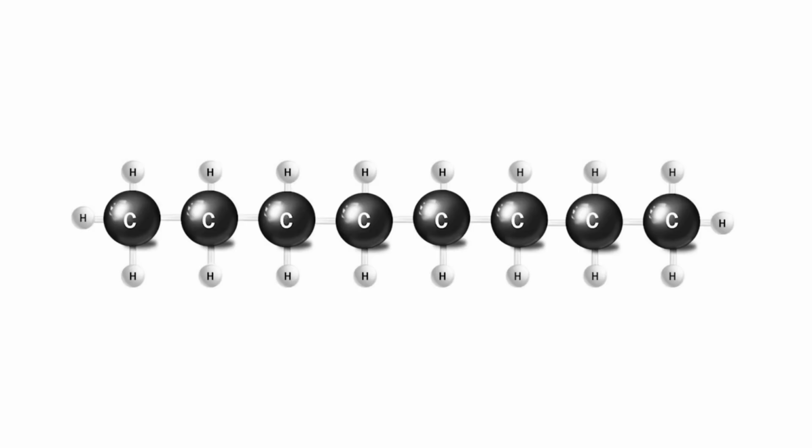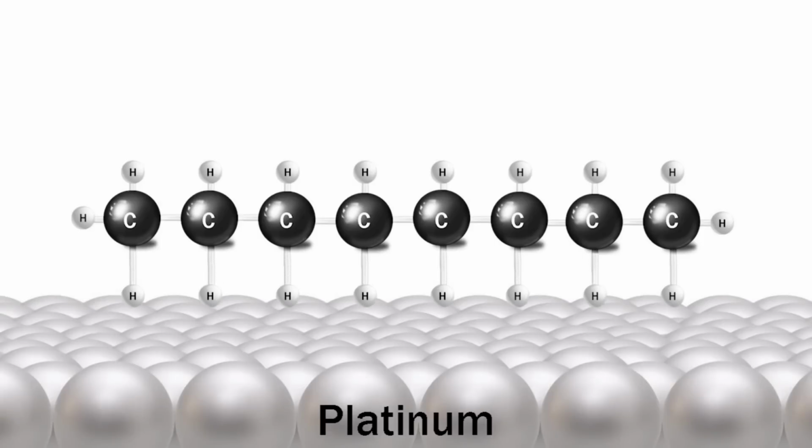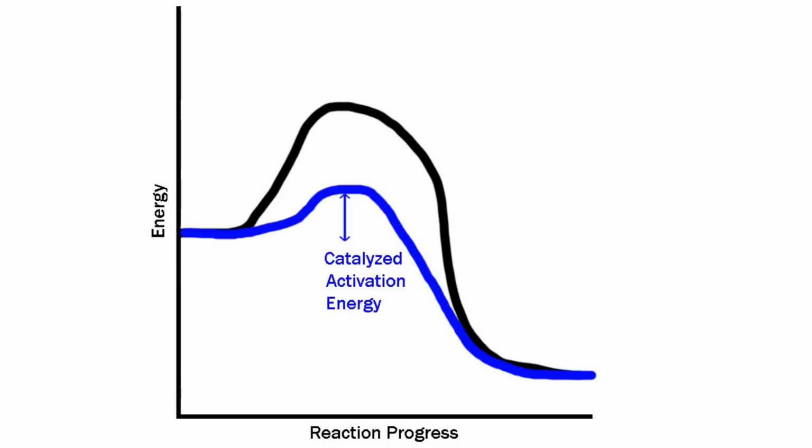Hydrogens attached to carbons in compounds like diesel fuel maintain their affinity for platinum and make partial bonds to it. This decreases the energy that it would take to break all the carbon to hydrogen bonds, and that lowers the activation energy. That is the role of catalysts.